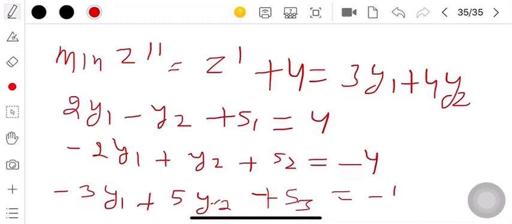So this was about the 0-1 integer programming problem and the additive algorithm. How to solve it and how to obtain the solution, I will discuss later on. So this was for today. I have discussed the branch and bound method and the additive algorithm method, just an introduction of how to convert the problem into the standard form.